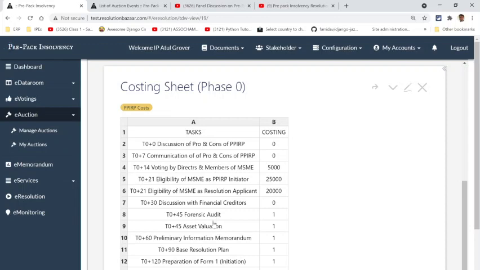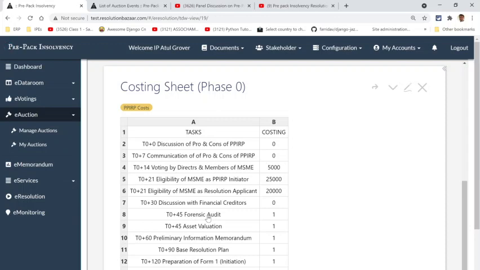And this market is really open. We have no idea, because it all depends upon whether your MSME is micro, medium, or small, or whether the forensic auditor is one of the big companies or a chartered accountant next door. It really depends.